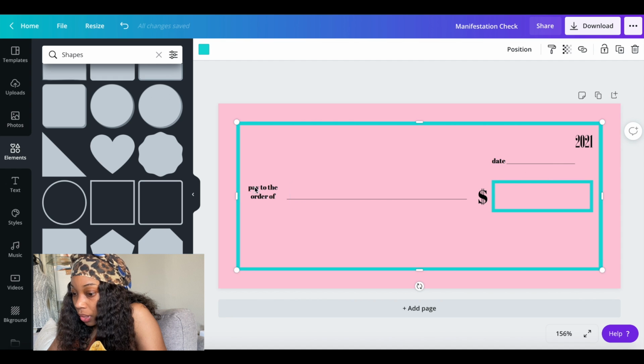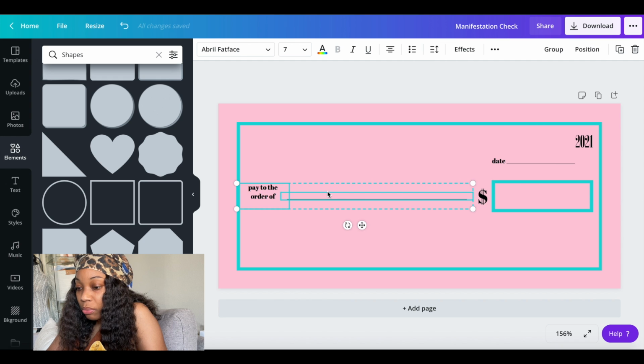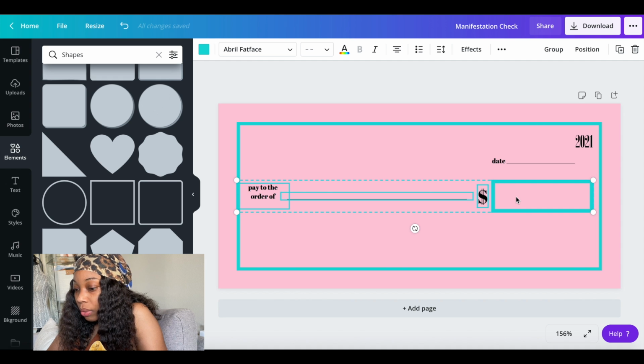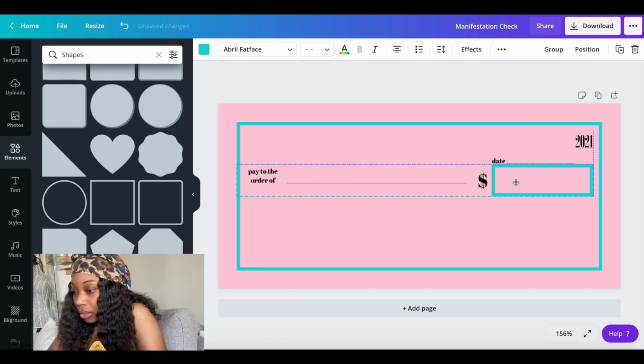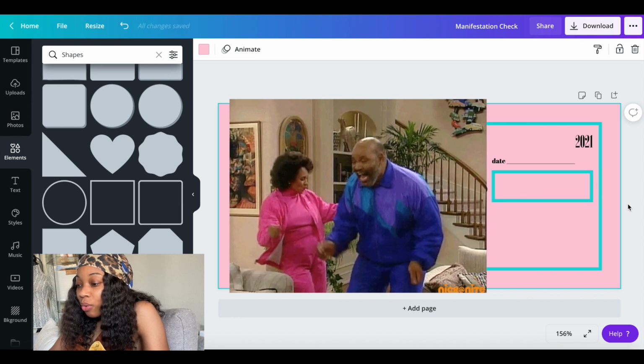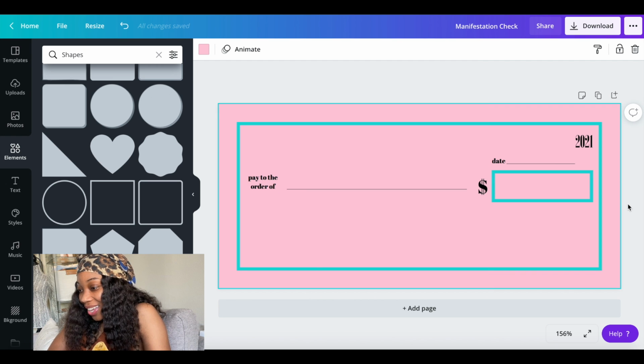Okay, so I want to move these up a little bit. I can see that already that I want to do that. So I'm just gonna hit shift and click each one that I want to move so that they can all move at the same time and I can keep them on the same line. So I'm gonna move it to like right here. So now we're like halfway through. I have the date and the check number, pay to the order of, the amount box,